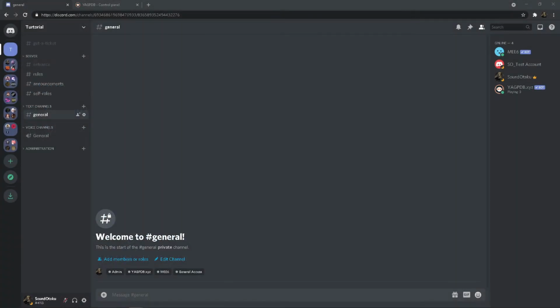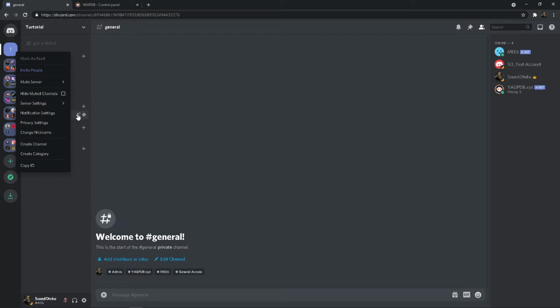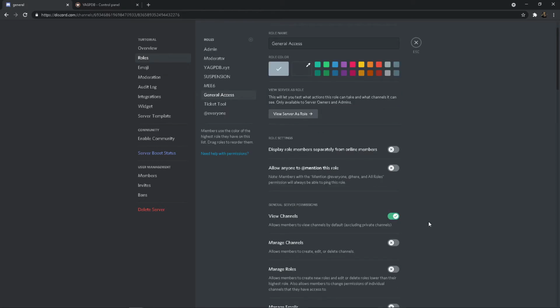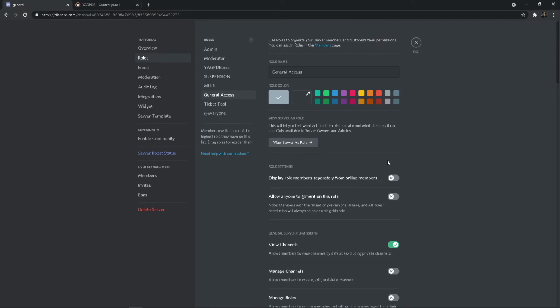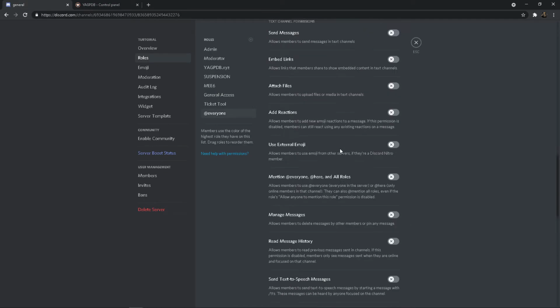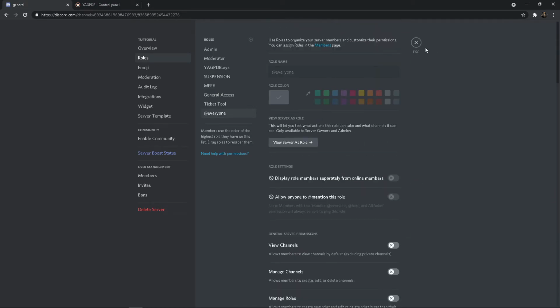So with that, let's go ahead and get started. Over here, we're just going to check the roles right quick. One of the roles, of course, is general access, to which currently it's set to view channels, but there are actually custom permissions that are set up within the categories and the channels themselves. But one thing for certain is the everyone role is absolutely disabled. You want to make sure that that's absolutely disabled, but it doesn't hurt also to do that in the categories